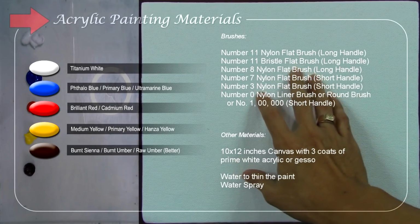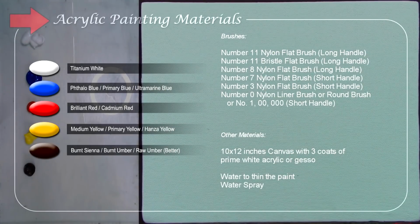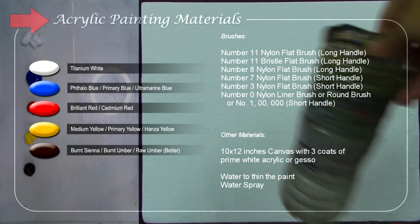And this is my canvas. It's 10 by 12 inches. It has 3 coats of prime white acrylic. You can also use gesso. I made it myself. And of course, water to tint the paint,